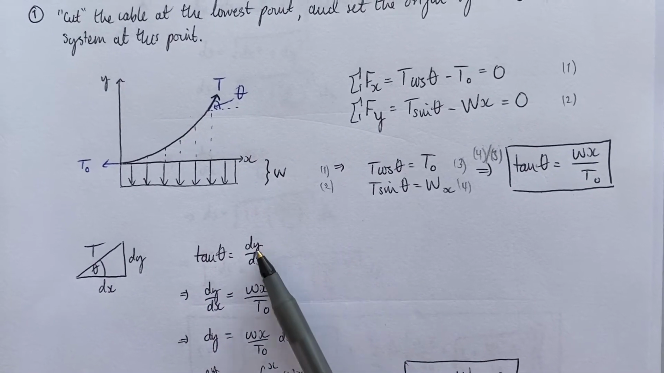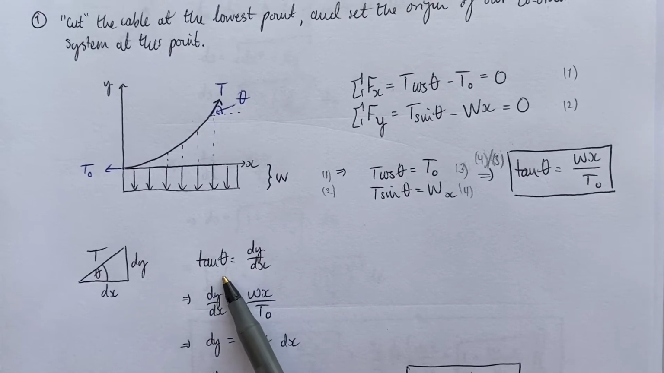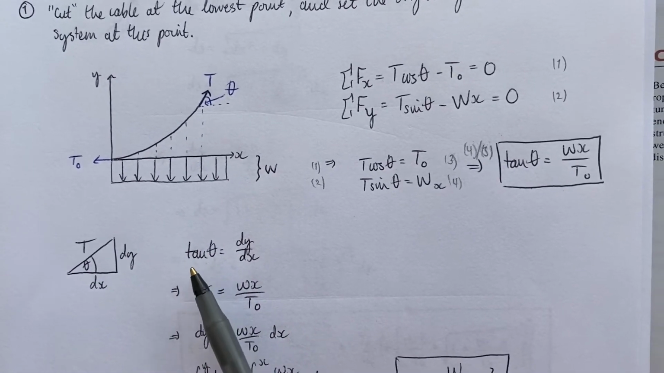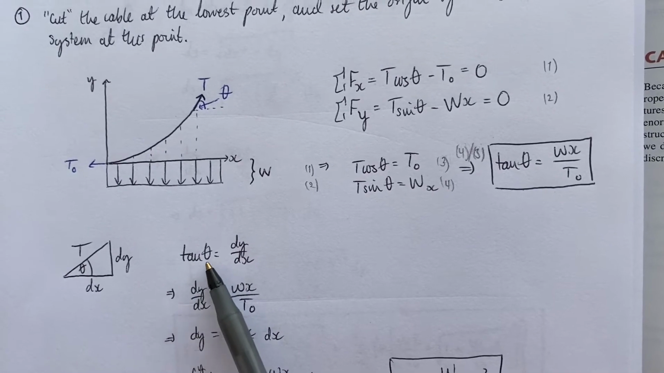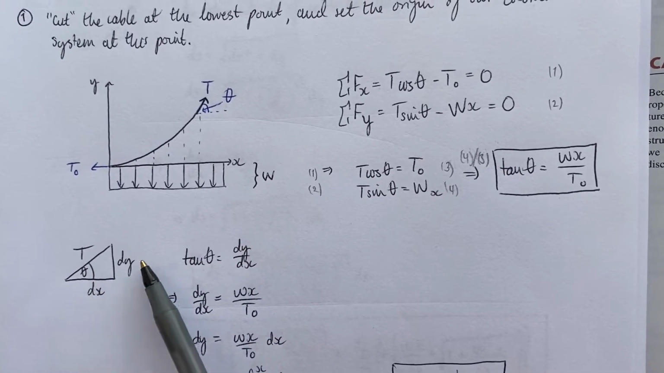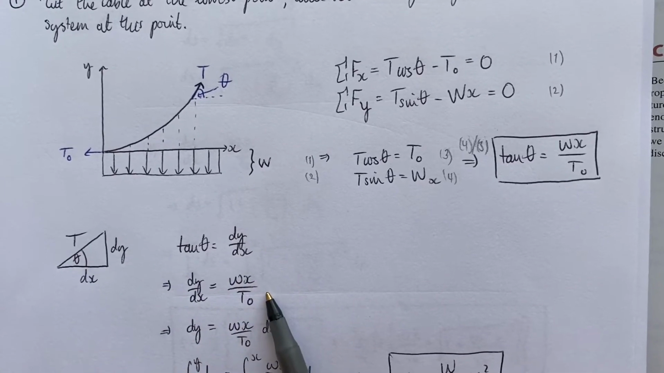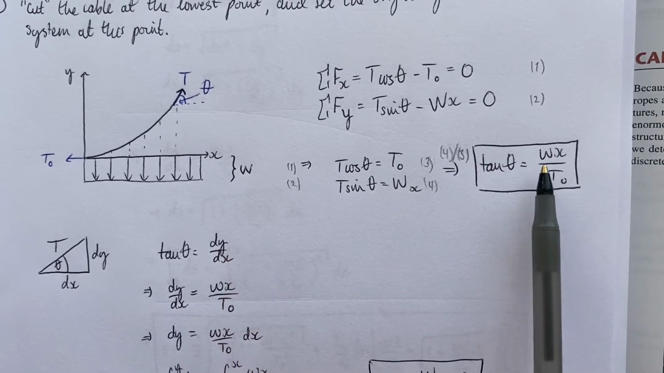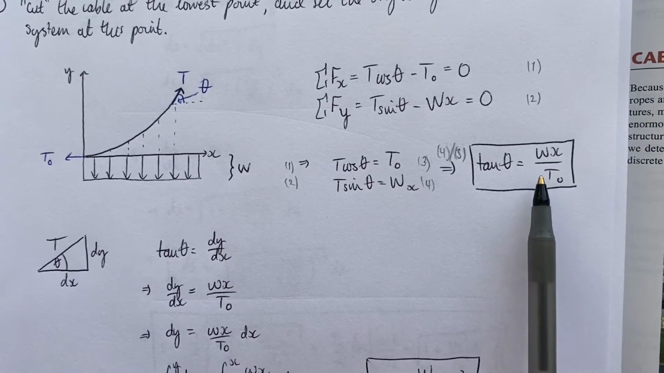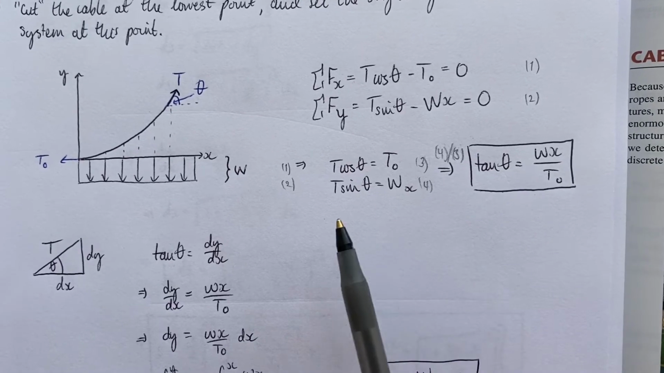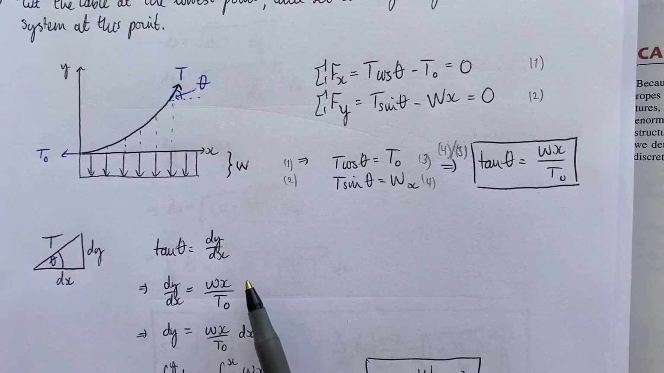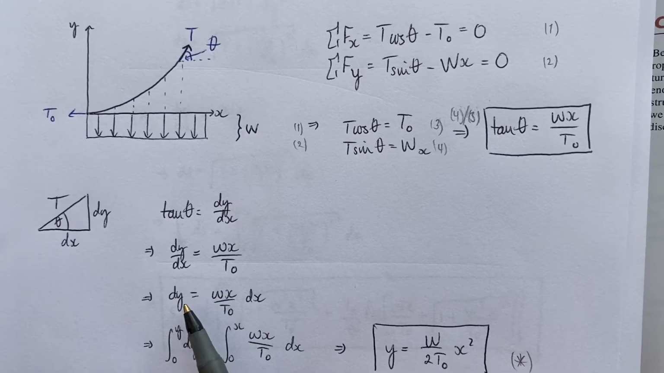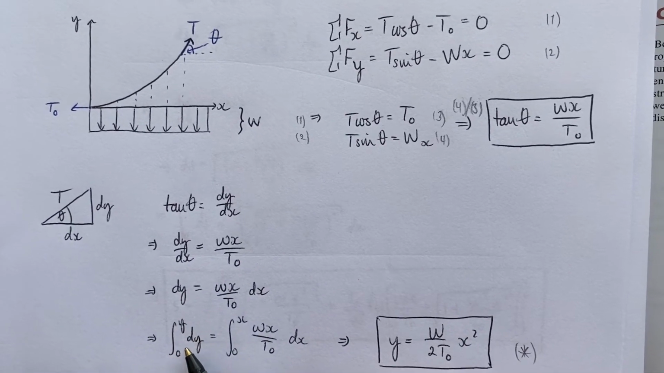So what I can do is apply just regular trigonometry to this triangle to say that the tangent of this angle is the change in y over the change in x, and then from there I've used this equation up here for tangent of theta to rearrange this equation in terms of wx and t0, multiplied through by dx to get this equation, and then